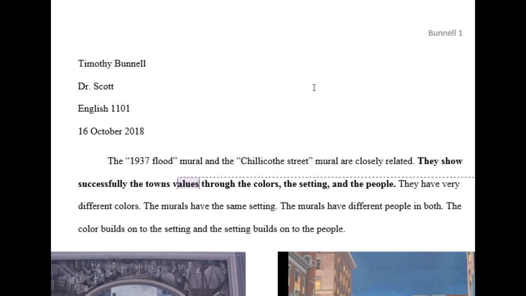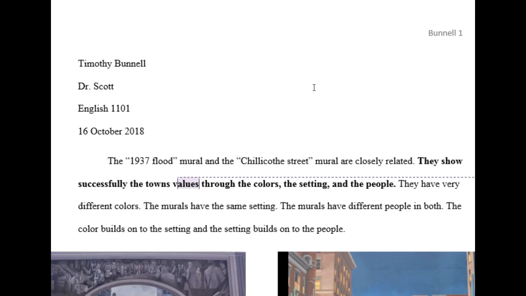This is a draft, and so there's no shame in a draft. I think what I was really happy to see in this draft is that you've got a lot more writing here. That did not happen with the first essay, but it has happened here. And I'm also seeing quite a bit of solid description, especially in the last paragraph. You got some pretty solid description going on there in that last body paragraph. So there's things to be proud of here. There's things that I'm happy to see.